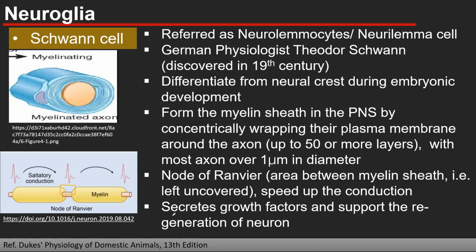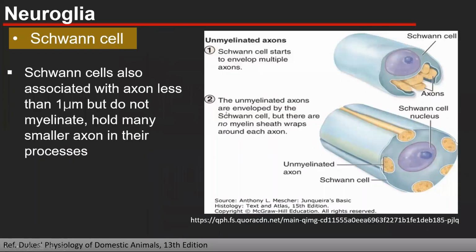And the Schwann cell plays a very important role because it secretes growth factors that support the regeneration of the neuron after damage. When the neuron is damaged, because of the growth factors secreted by the Schwann cell, the axon may regrow and form a completely functioning neuron. So the Schwann cell plays a very important role in the peripheral nervous system, and it secretes many growth factors that also help in the